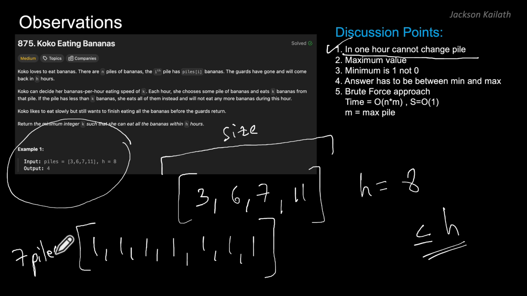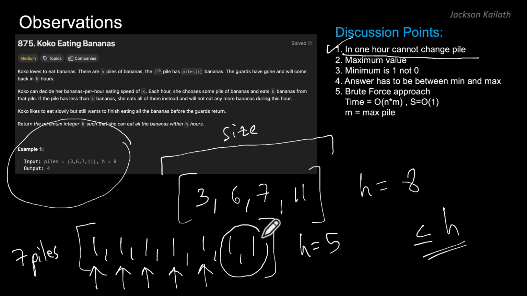Okay. Now, if the number of hours available is just, let's say, 5, in this case, no matter how many bananas she decides to eat per hour, she'll not be able to complete all of them, because in 1 hour she cannot change the pile, right? So again, for example, she'll be in the first hour over here, in the second hour over here, the third hour over here, and then in the fourth and fifth hours over here respectively. So she'll not be able to get to these 2 piles, and therefore she'll not be able to eat all